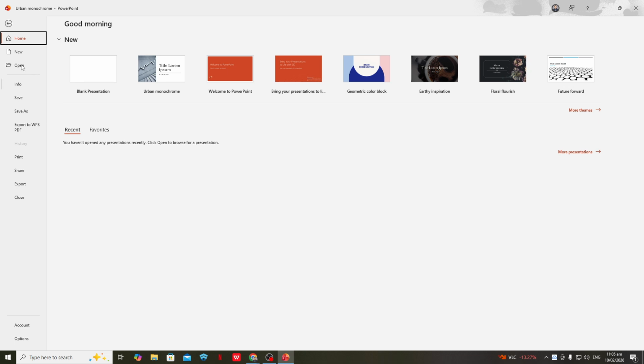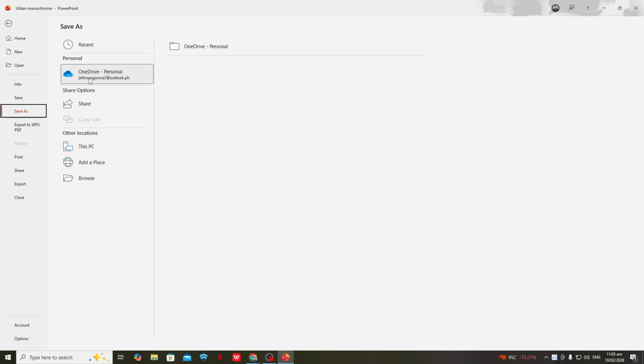This will open the File menu, sometimes called the Backstage view. From here, you'll see several options like New, Open, Save, and Save As. The option we want is Save As, because this allows you to control both the file name and the file format. Once you click Save As, a new window or panel will appear where you can choose the location to